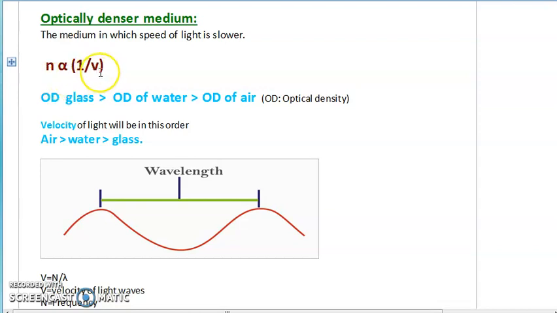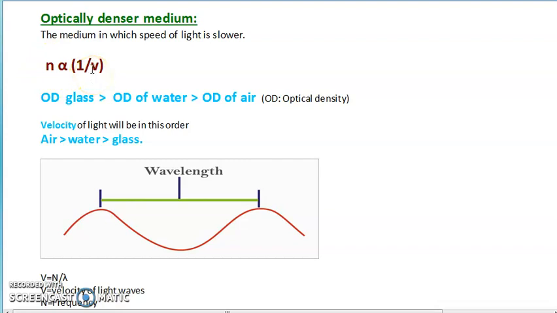So, as the speed of the light is on the right-hand side in the denominator, we need to take the inverse relation. The refractive index of the medium has an inverse relation with the speed of the light in that particular medium. So definitely we can say that the refractive index of the material is inversely proportional to the speed of the light in that particular medium. So if the speed of the light is slow, then the refractive index will be more. If the refractive index is less, what will happen to the speed of the light?